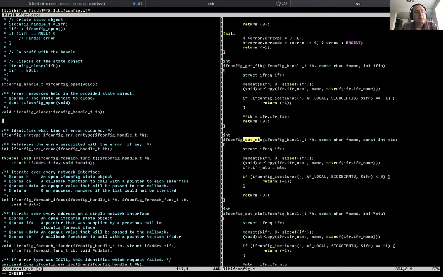What I would like to do is ifconfig set VNET. So the question from chat is, is it already used by ifconfig? Unfortunately, no, not yet. I think one of the next steps that would be very useful is to make ifconfig start to actually use this library. The problem with that is that ifconfig is quite a lot of code and all of it contains tentacles. It's not the easiest bit